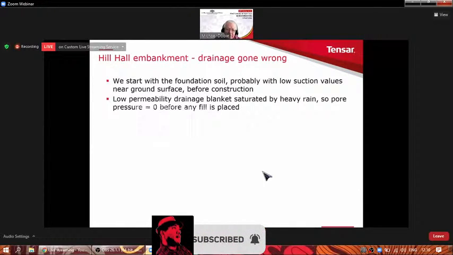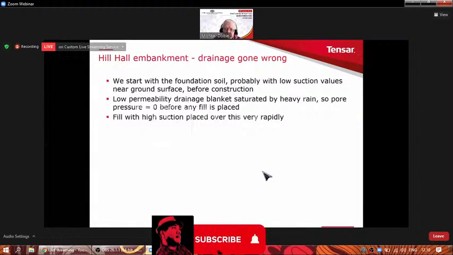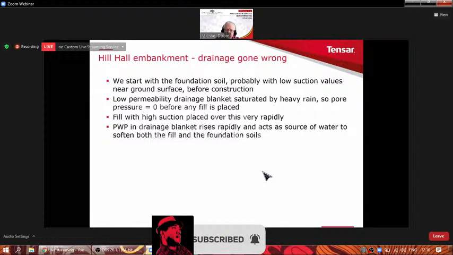So the pore pressure currently is 0 before any fill is placed. Then the fill is built very quickly and with very high suctions over the top. So what happens is that the drainage blanket with its high pore pressure then provides water to the base of the